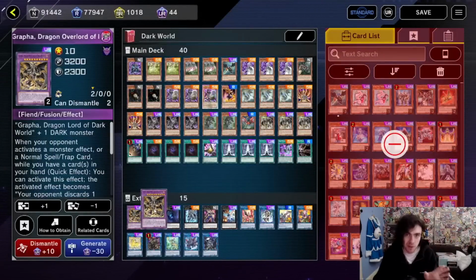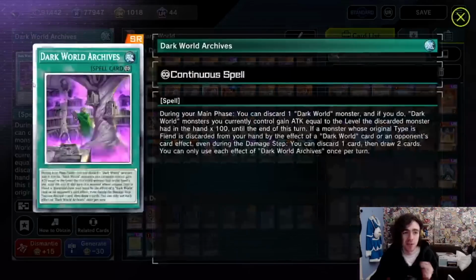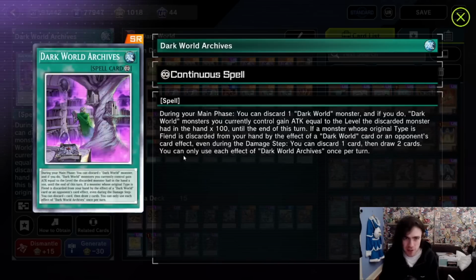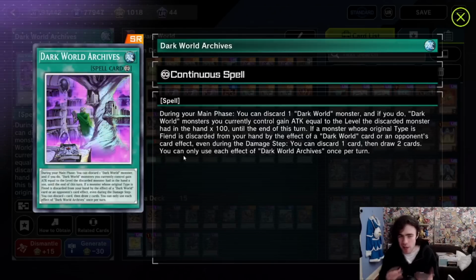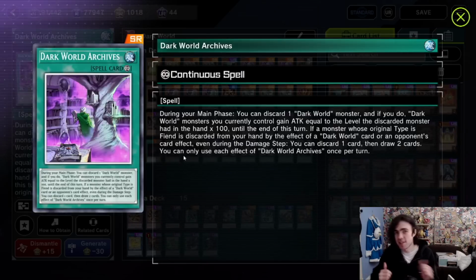There are two more DARKWORLD cards in this deck list, with the first one being your DARKWORLD Archives. This card, during the main phase, you can just discard one DARKWORLD monster from your hand to then boost the attack of all your DARKWORLD monsters on field via that card's level times 100. It's not really used for the attack boost all that much, since this deck list, it definitely doesn't struggle with having high attack. It's just used to have a guaranteed discard of your hand to generally proc its second effect,